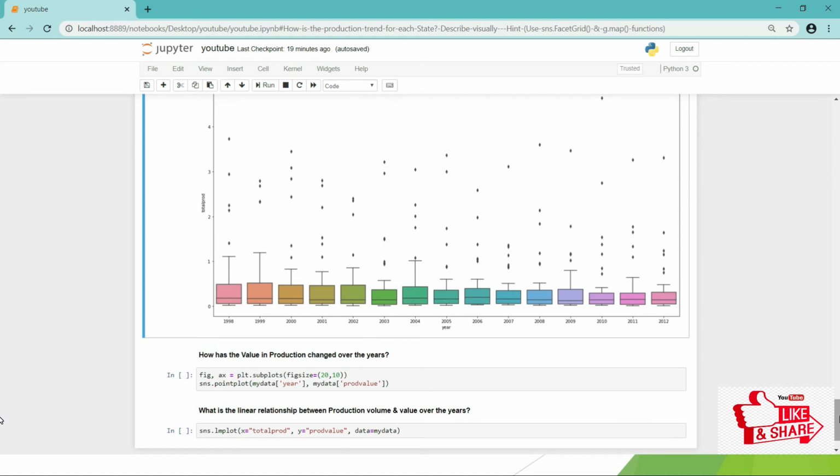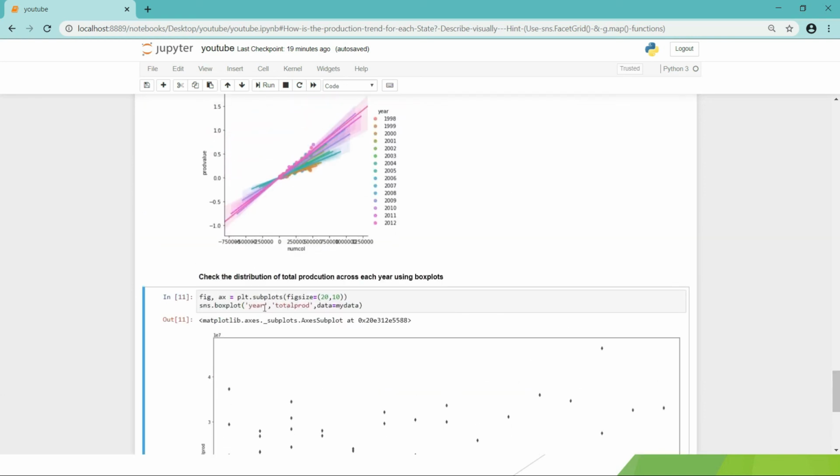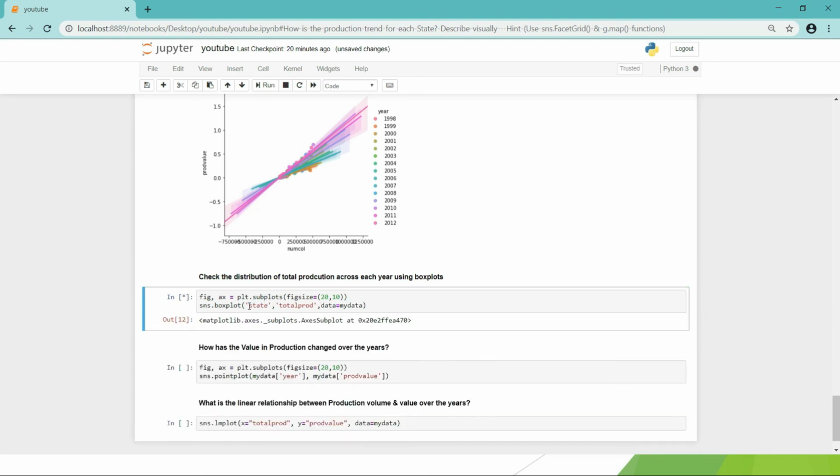Various box plots, if you have to see in terms of one parameter for comparing it in different values, like different state wise also. I can see on year wise also, because these are categorical variables. If I have to see state wise, then also we can see this.